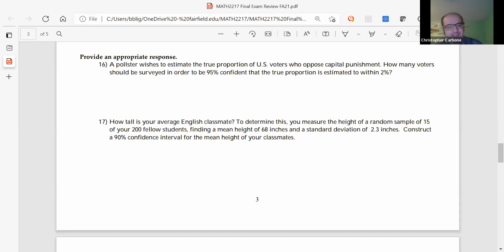Number 16, I have a pollster who wishes to estimate the true proportion of US voters who oppose capital punishment. How many voters should be surveyed in order to be 95% confident that the true proportion is estimated to be within 2%. This formula is going to take on the form of n is equal to, since we do not have a prior estimate, this would be 0.5 times 0.5